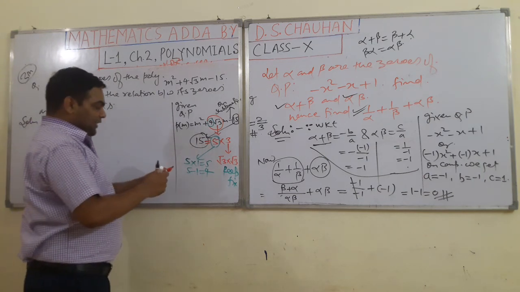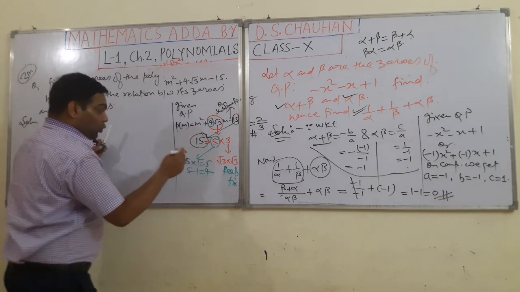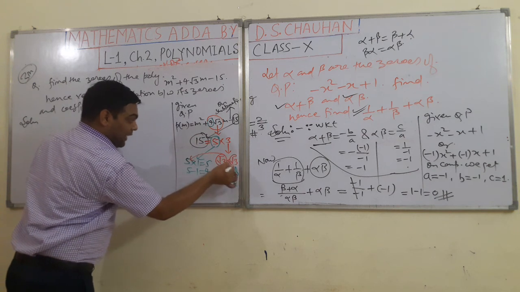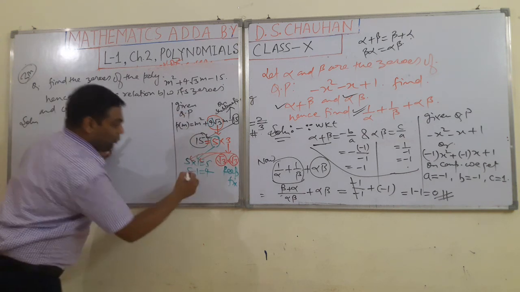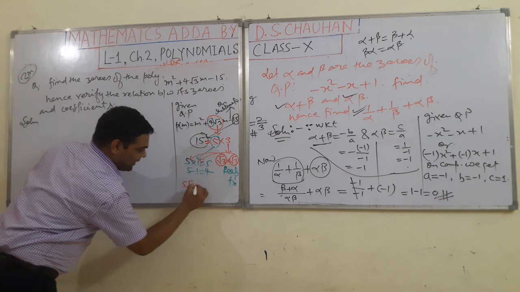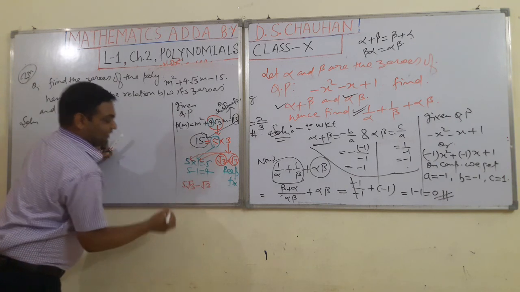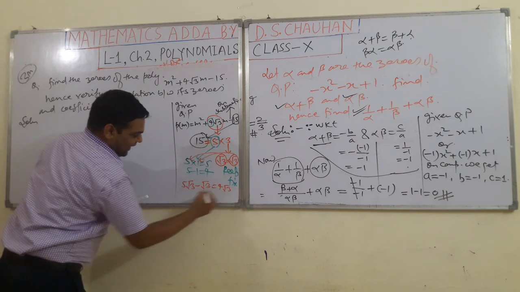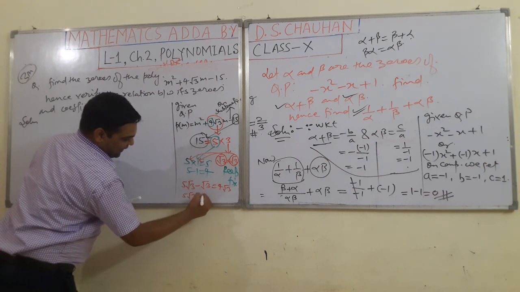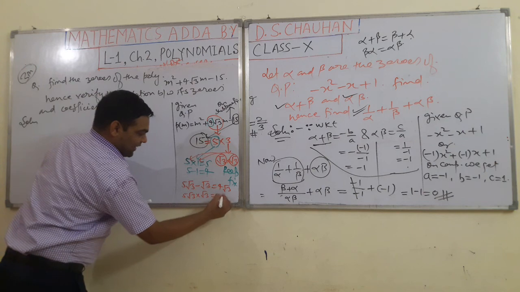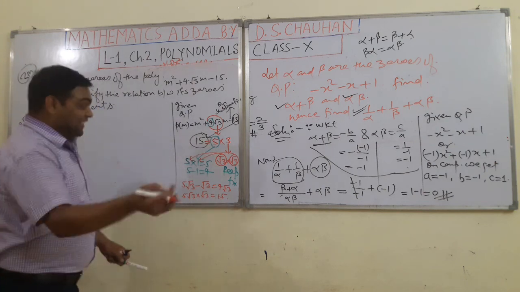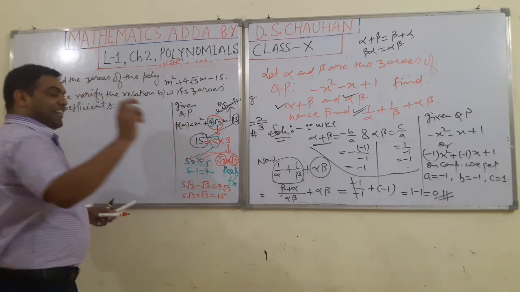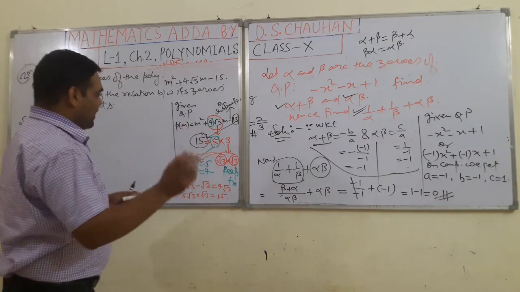Well, now students, give under root 3 to 5 as well as to 1. What will you get here? 5 under root 3 minus under root 3. See, as you subtract, what are you getting? 4 under root 3. As you multiply, what are you getting? You are getting 15 here. This is the process to solve such type of problem when there is the existence of an irrational number.